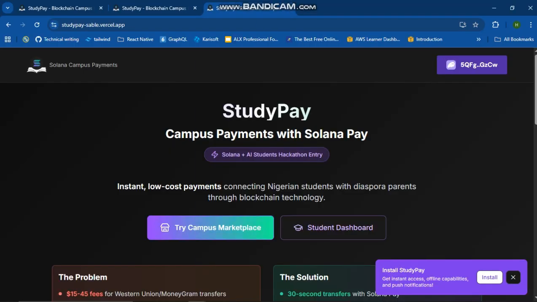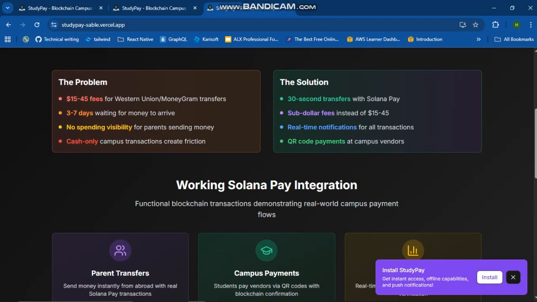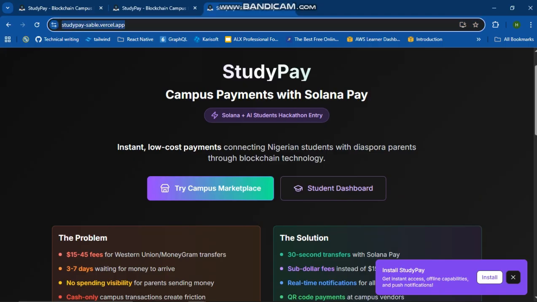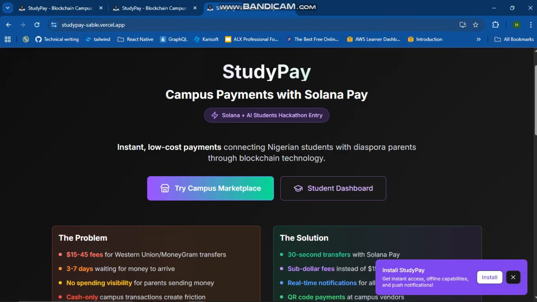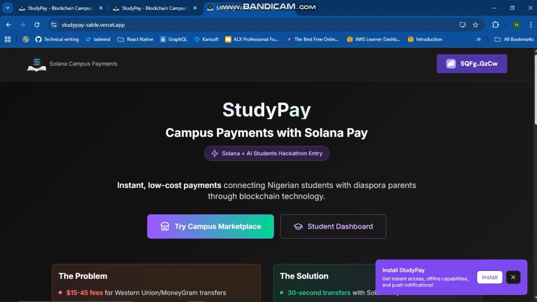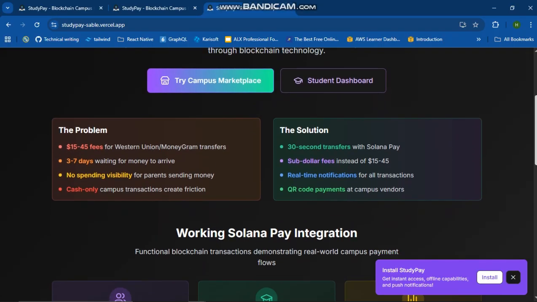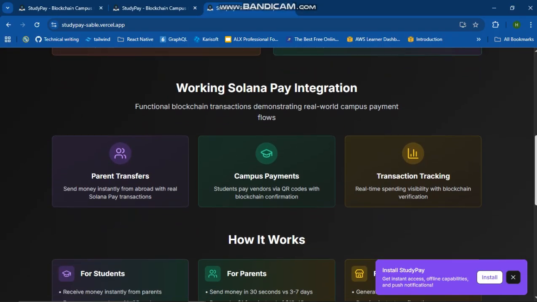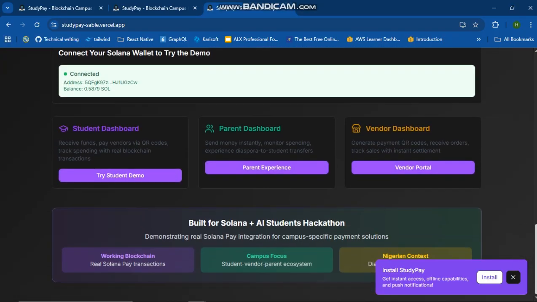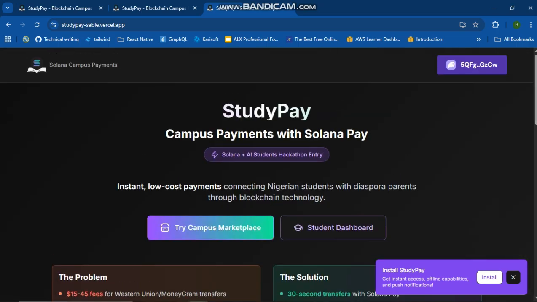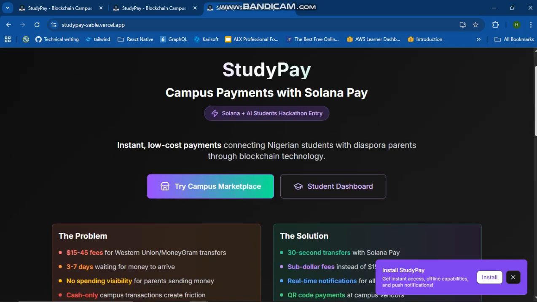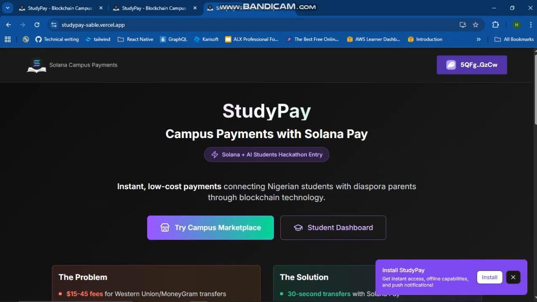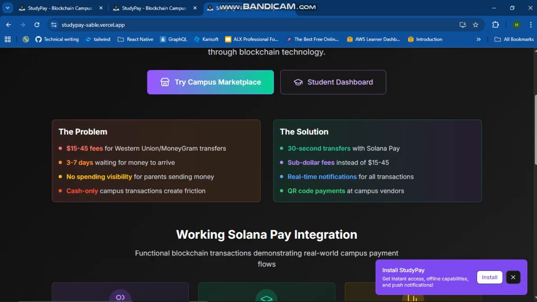So that is basically all about StudyPay. You can come to the live website that is hosted at studypaysable.parcel.app, and read more on it, from our problem to our solution, working on Solana Pay. This is how everything works, and I want to also state that everything was built on Solana Pay. We integrated Solana Pay for most of our transactions, and yeah, so that is